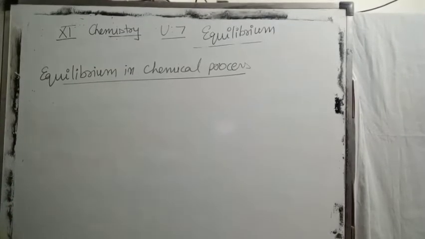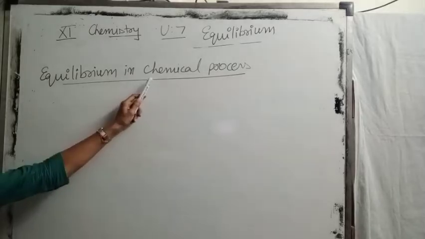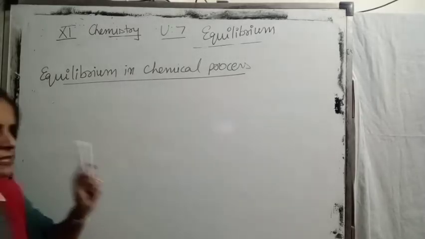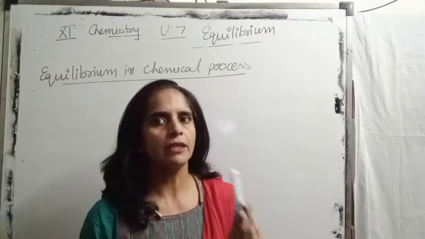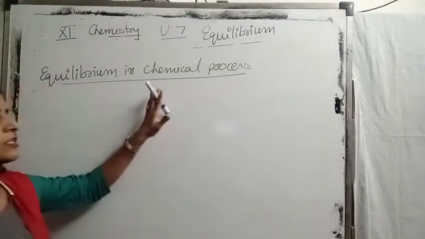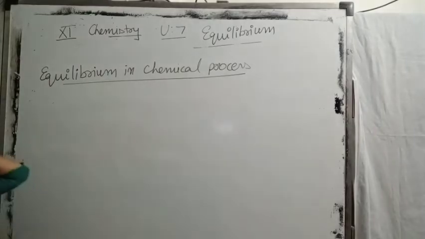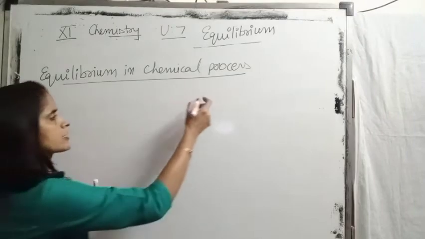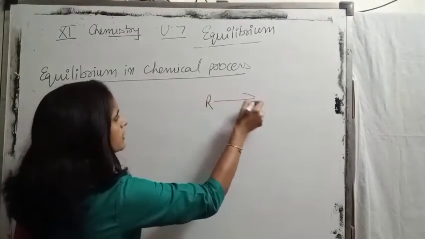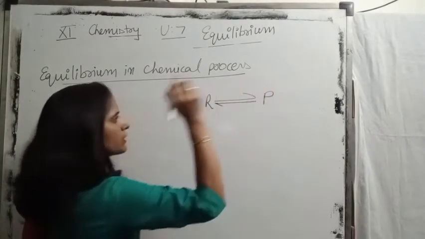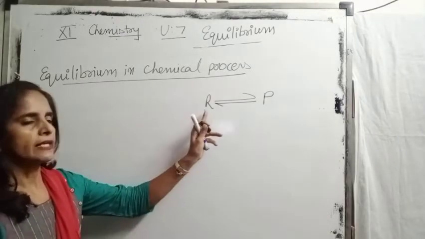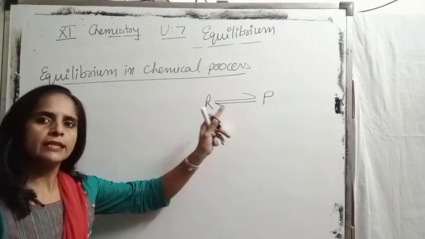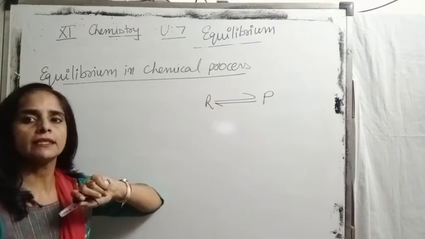After physical equilibrium, now we start equilibrium in chemical processes. The first condition to attain equilibrium in a chemical process is that the process should be reversible. In an irreversible reaction, this attainment is not possible. So, we are taking the general case first, then we will discuss a few reactions. Reactants in a reversible process are converted into product. When reactants convert into product, initially the concentration of reactant starts decreasing.